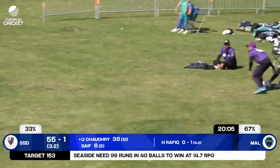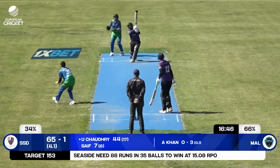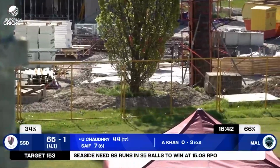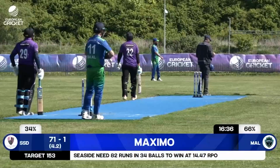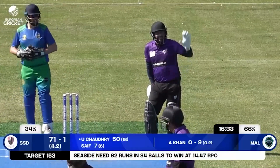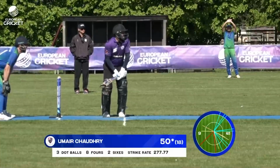Well, that's going to be 4 into the gap. Chowdhury will move into the 40s. That one does get lifted over, and Chowdhury is going to go to his half century. He's been kept quiet the last couple of overs, but he gets to the milestone in just 18 deliveries, and he needs to double down here. I don't think he can go 50 and out, but he's done his job so far, and that wagon wheel